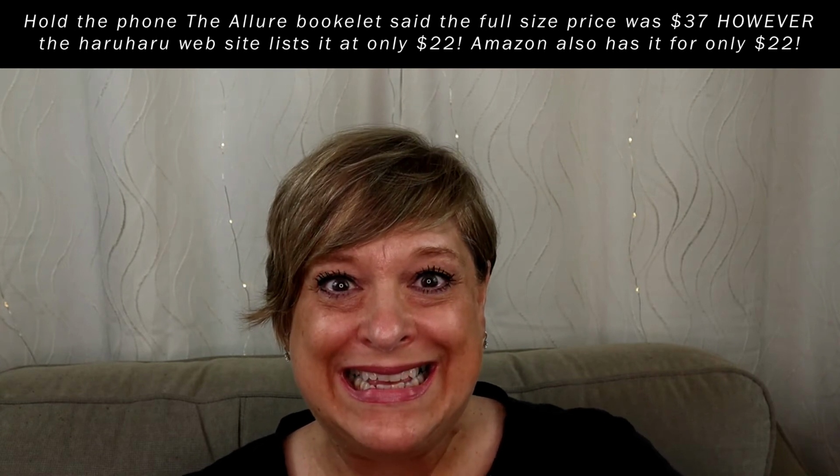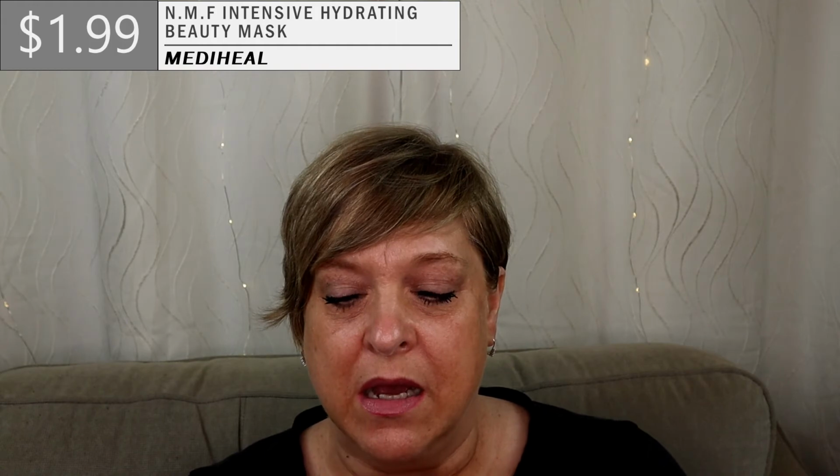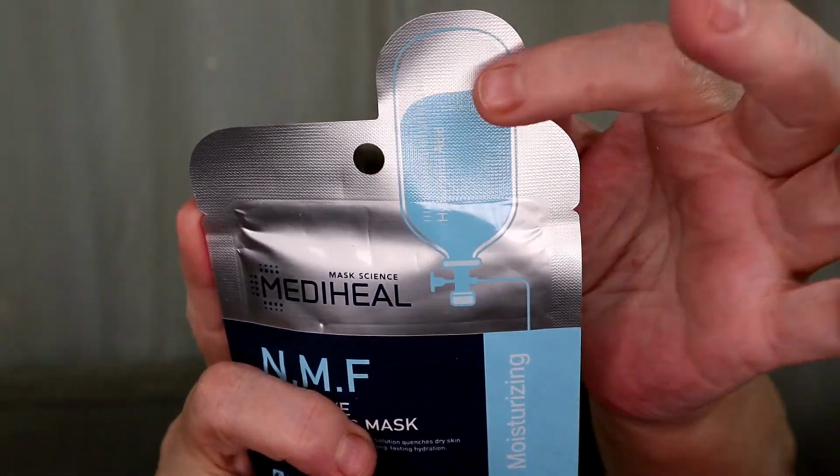All right, next item. Ooh. I think this is a face mask. Yes, it's Mediheal Mask Science Intensive Hydrating Mask. Oh, it even looks like when you go to the hospital and you have like a drip. It's a personal thing. I'm not into face masks, but let's see what...